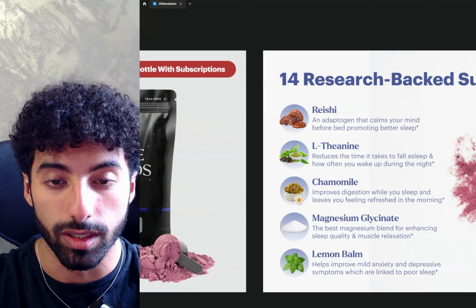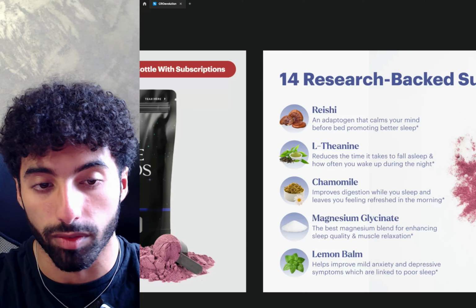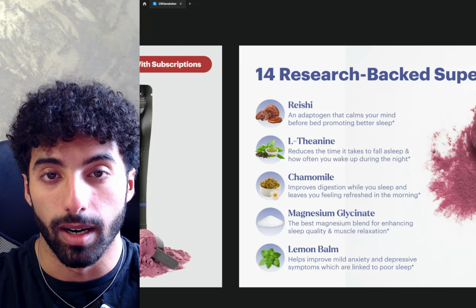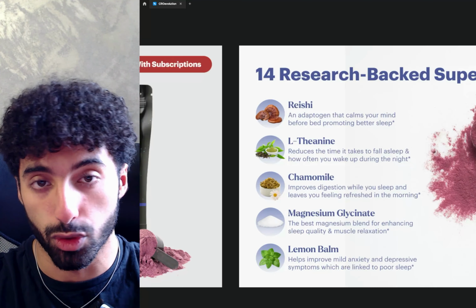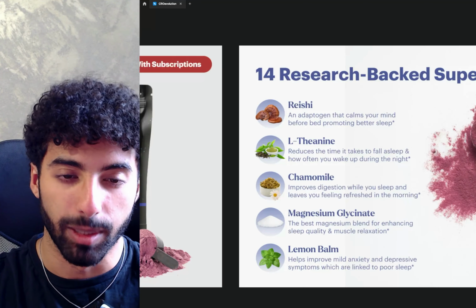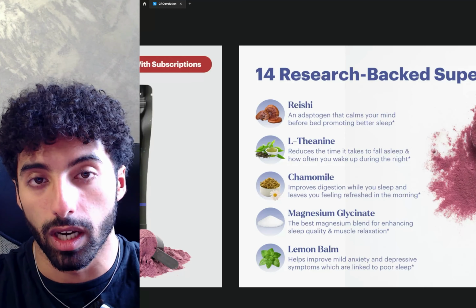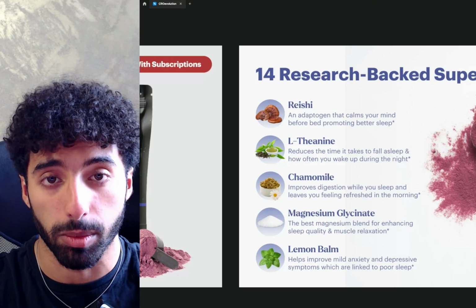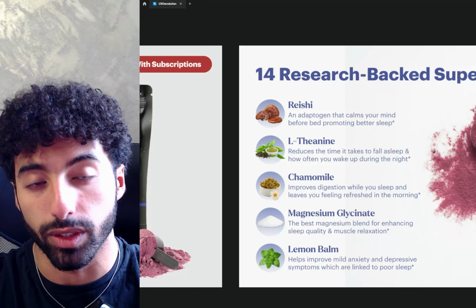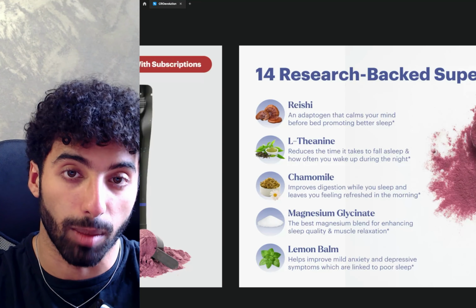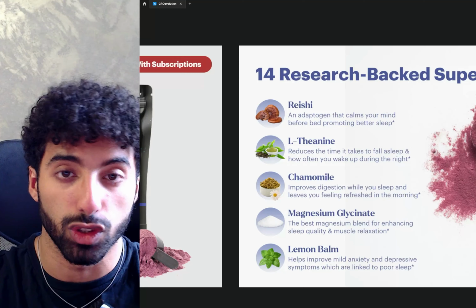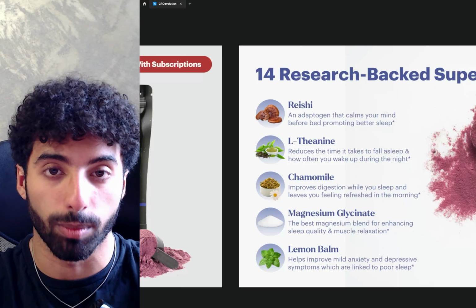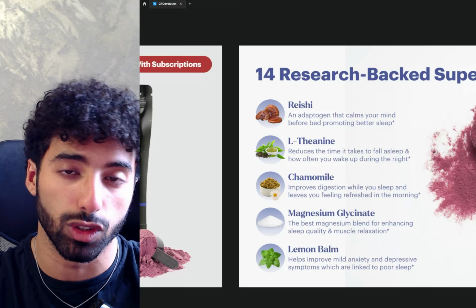Second example here, these are all images taken from the same offer lander. Very good example on how to use an image in a benefit driven way, in an information driven way. The problem usually with a lot of pages and with a lot of DTC brands is that when it comes to showcasing the information about their product, and with supplements this is a very good case, because it's something that goes inside your body, so you need to be very well informed, because before making a purchase or before ingesting something that goes into your body, you need to be very well informed,